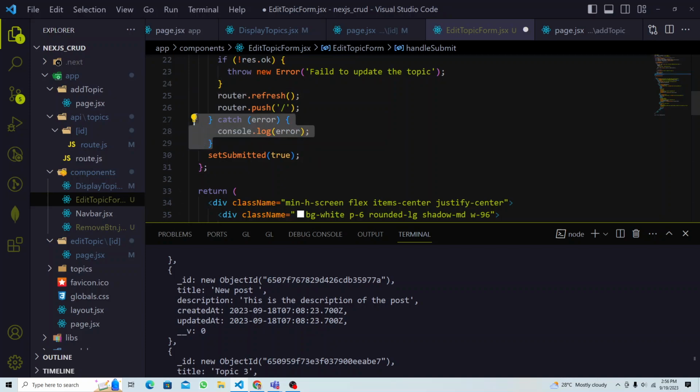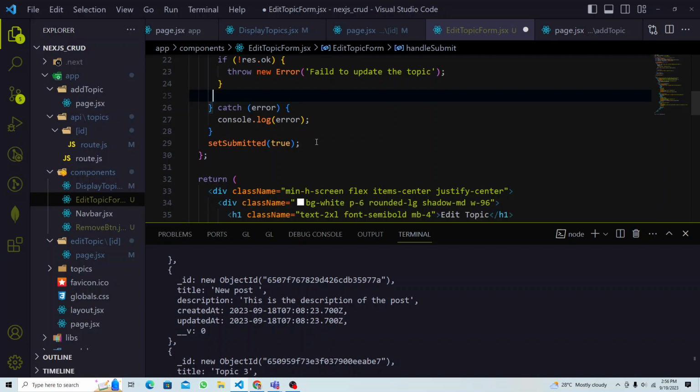And it's working up to here, set submitted to true. Okay, let's do this, right? What I'm gonna do, I will just change this one. I mean, okay, leave it here, right? No problem, leave it here, and then after everything is done, then we're gonna refresh it to the